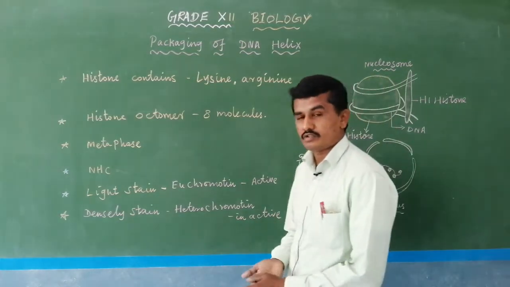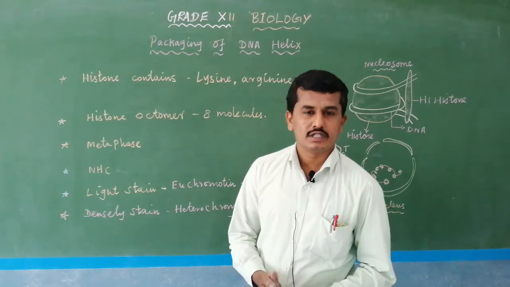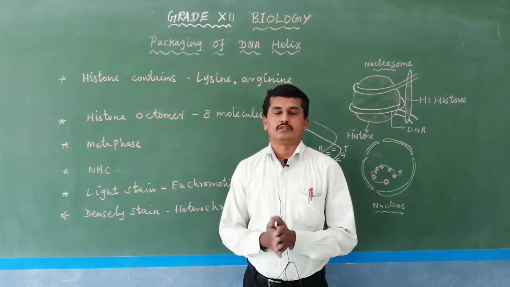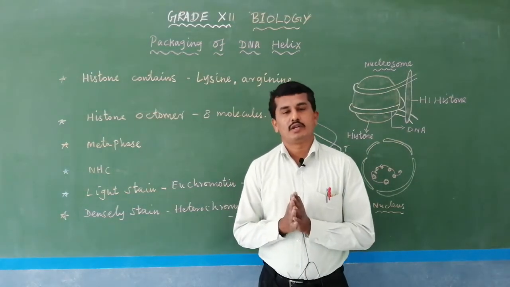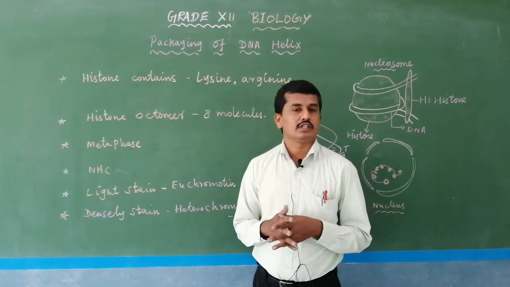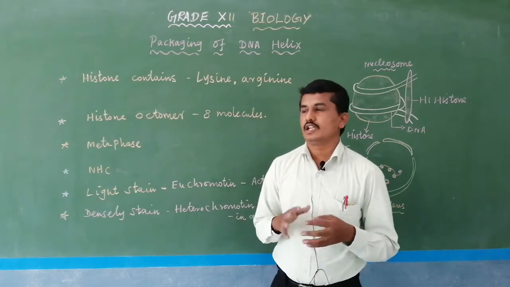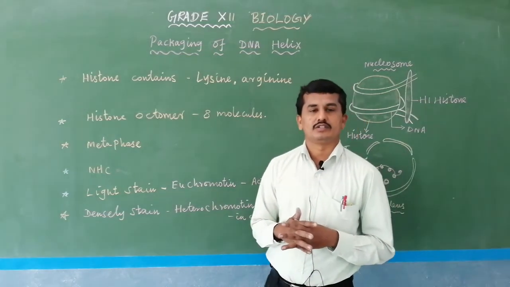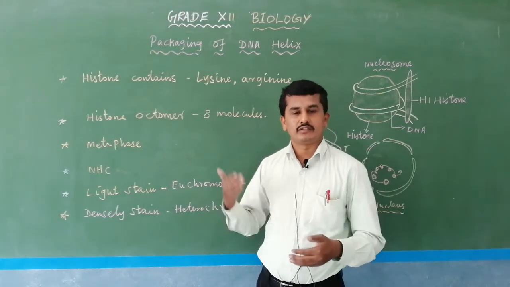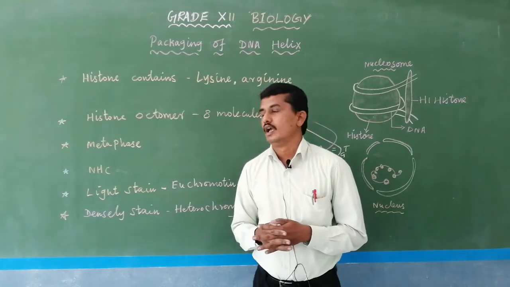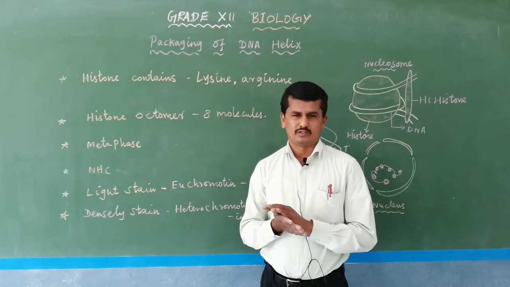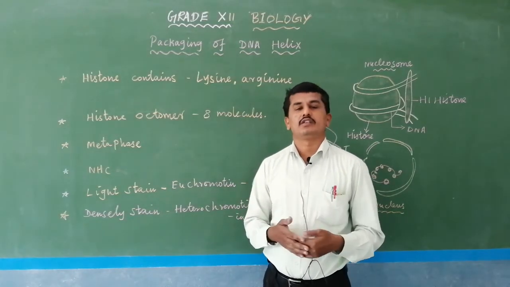Normally a histone is a protein. What is meant by protein? A protein is nothing but a collection of many amino acids. In the 11th standard biomolecules lesson we studied various amino acids. Around 20 amino acids are present inside living cells, simply known as the magic 20. What are the amino acids, we will deal with in the next section. Lysine, arginine, methionine, proline, aspartic acid, various amino acids are present.